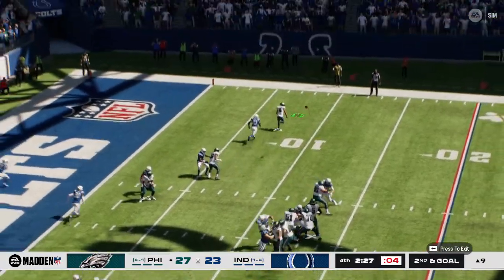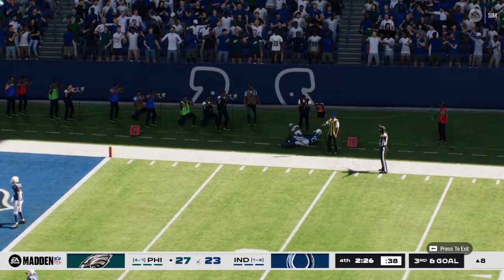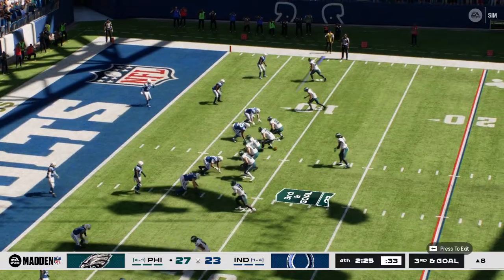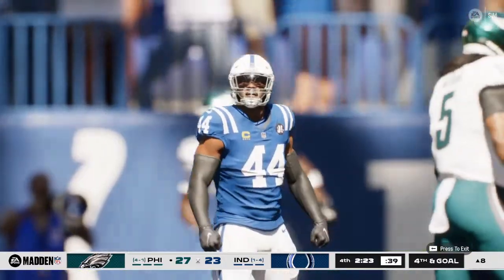He'll look to throw. It's caught on the right side of Smith. The pass. A lot of tired bodies on that field. But this is a big play. 3rd and goal. A 2-yard pickup. He'll look to throw toward the end zone, but that's got